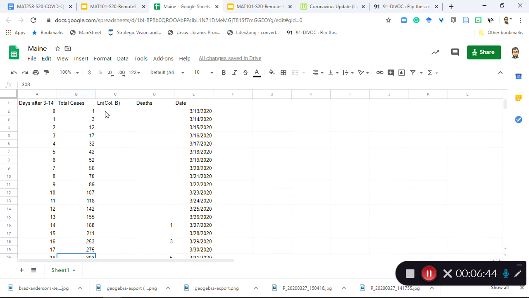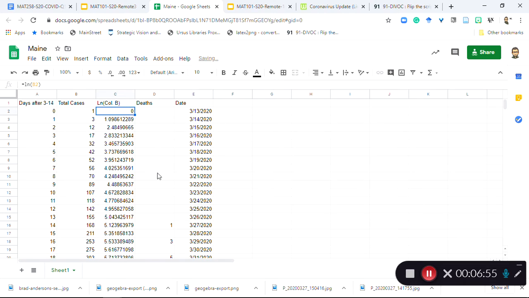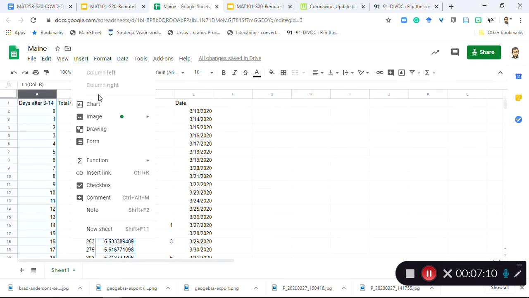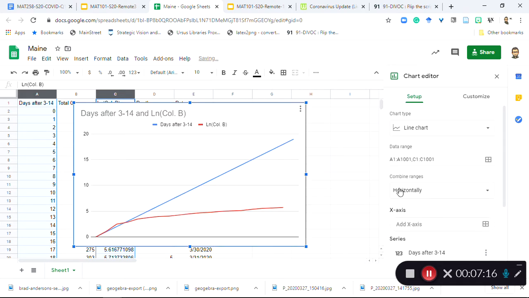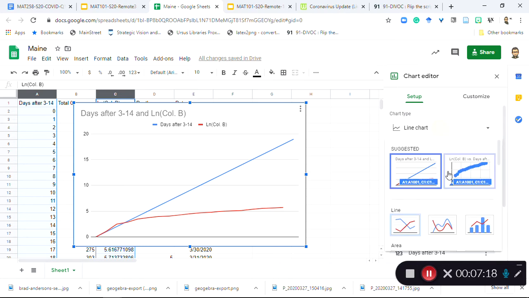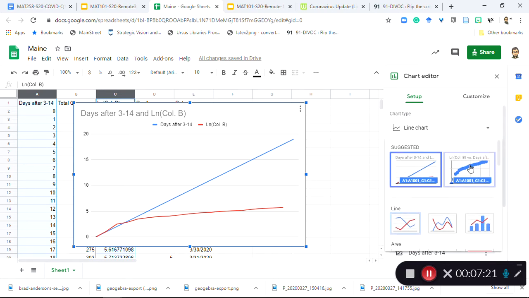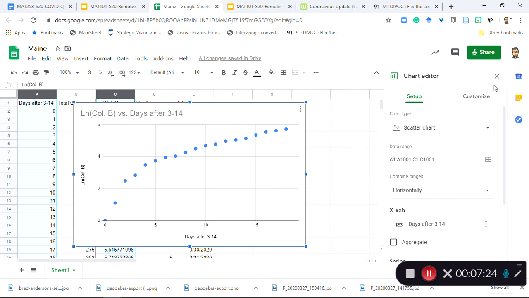And so what I would do then is, in my spreadsheet, I would take the ln of the total cases, and I can fill this up really easily. And I have a bunch of numbers. These are my ln of y's, if you will. These are my times. And so what I want to do is plot these two things on a graph and see what I get. So I'm going to have to mess around with it because it never quite knows what I want. There we go. All right.